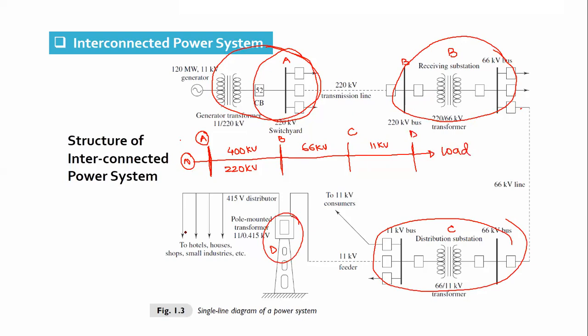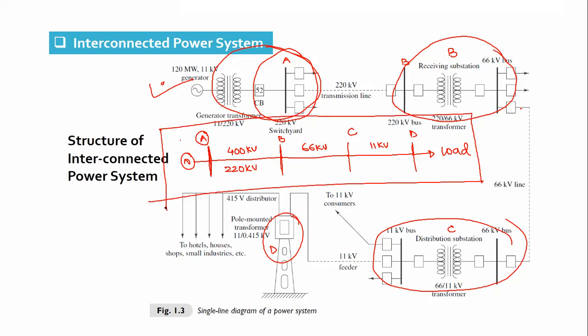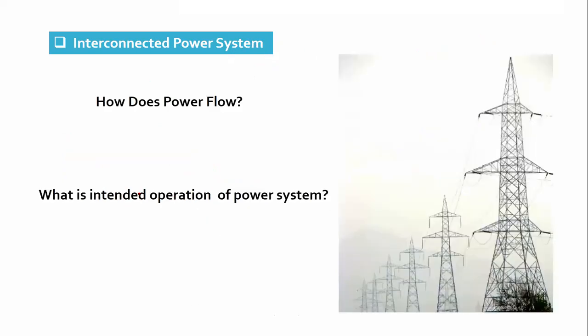So remember, whenever I consider such a diagram with various bus bars A, B, C, D, or any number, with generation and load, it will actually represent a power system of this kind of nature. Okay, where we generally do not show the transformers and breakers and all other arrangements. It is just a simplified diagram. We consider a single line diagram of the power system like this. Okay. Now, the next question is, how does power flow?